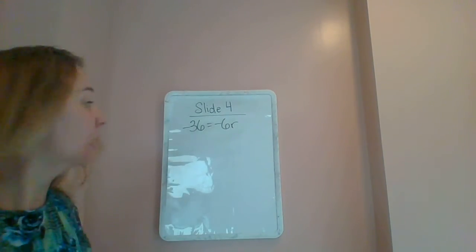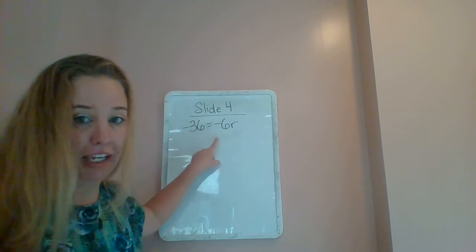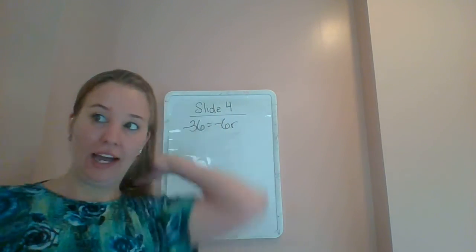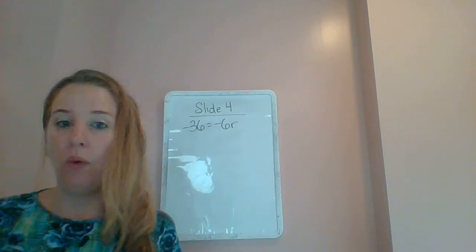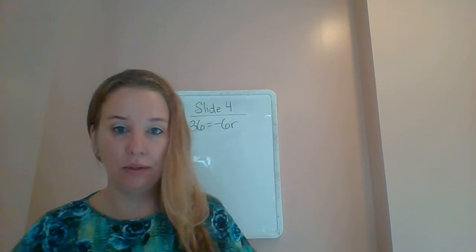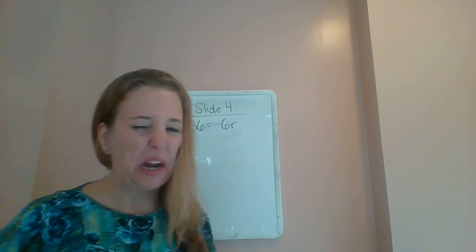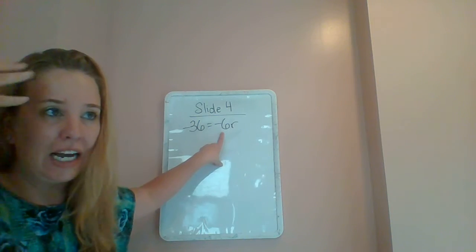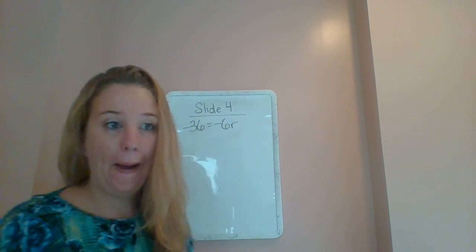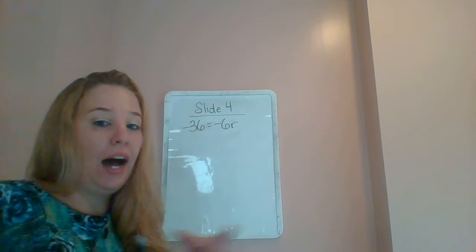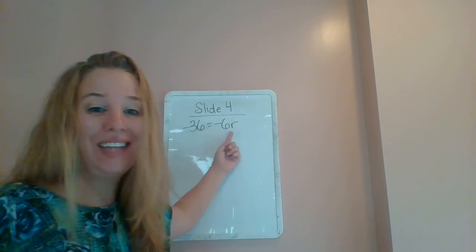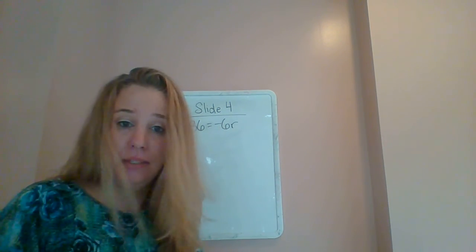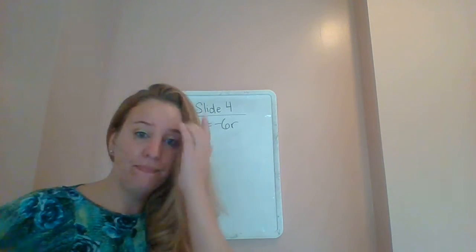Okay, so from slide 4, we have -36 equals -6r. When you're trying to isolate a variable, you have to really think about what operation is being done to the variable, okay? About a third of my students come to my class, they see a -6, and their first idea is to add 6, and that's wrong. It's -6 times r, right? So since the operation being done to the variable is times, we're going to use division to get rid of that